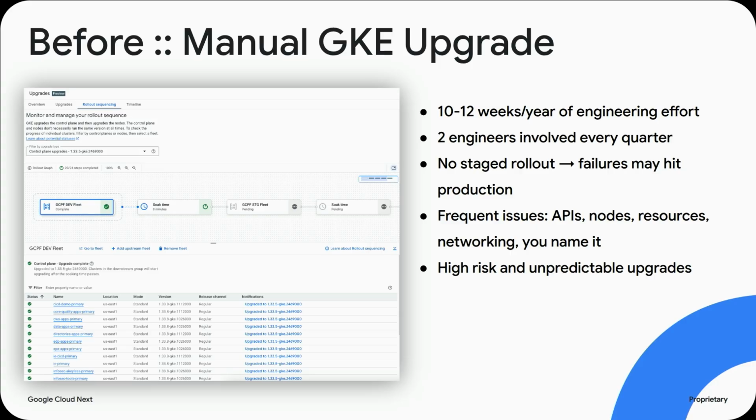We had to dedicate 2 engineers every quarter just to deal with upgrades, because it's a lot of things to keep in mind. It's a lot of tribal knowledge to take into consideration. And there is no automation layer which is taking at least part of this headache from you, from engineers.